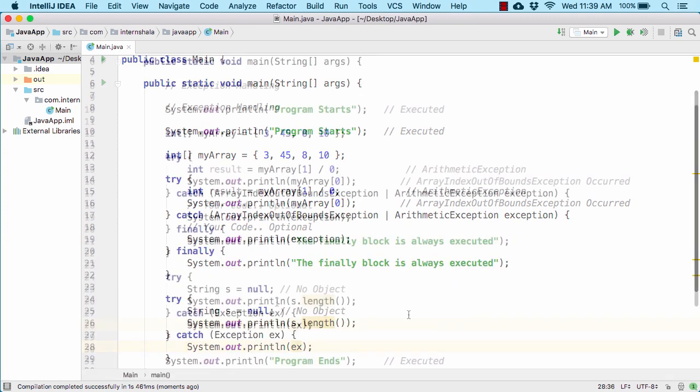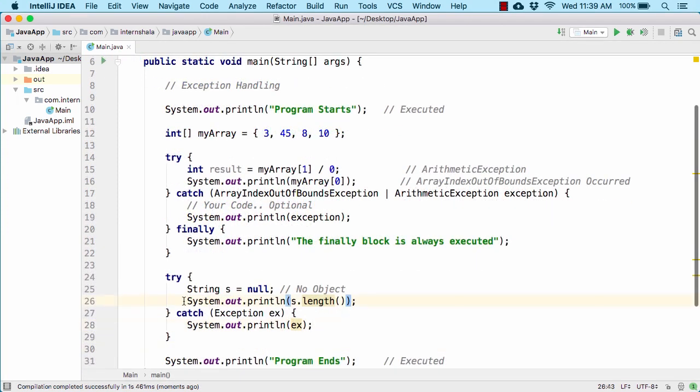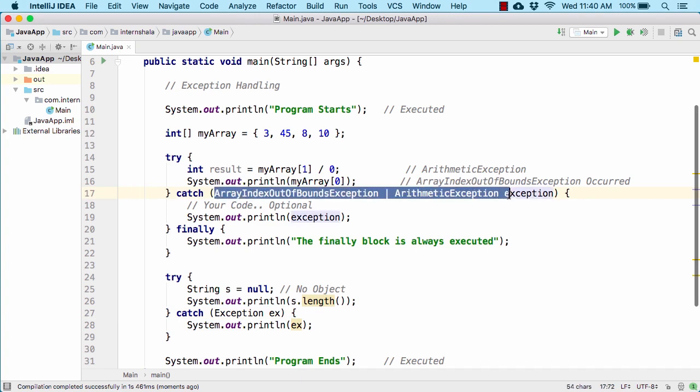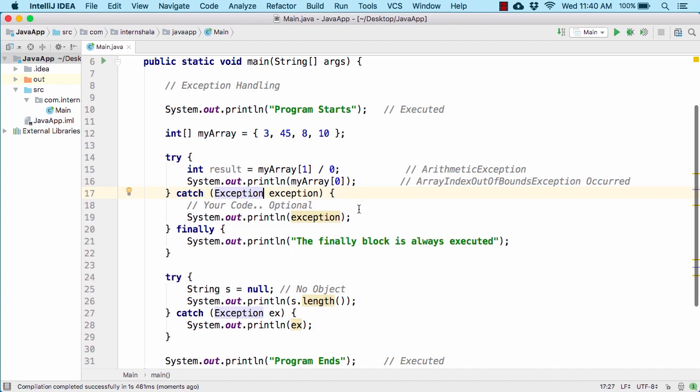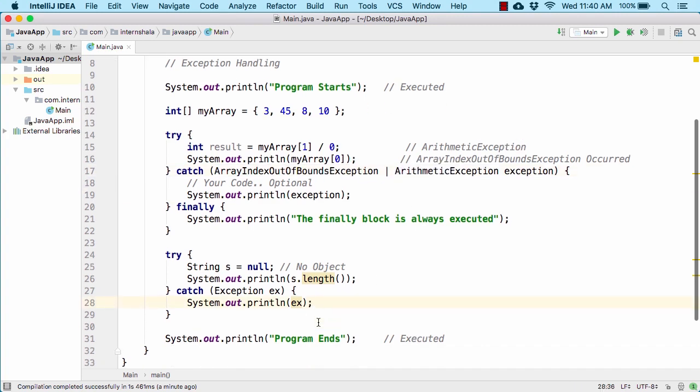So always remember, whenever you don't know what kind of exception we can get at runtime, you can simply use Exception ex. So here in this case as well, instead of ArrayIndexOutOfBoundsException and also the ArithmeticException, you can simply use the Exception keyword or the class name, right? Like this. But trust me, this is not the recommended approach. When you know what type of exception is going to occur, then always use the specific exception class that we are using here, right? So this was all about the demo video of exception handling in Java.